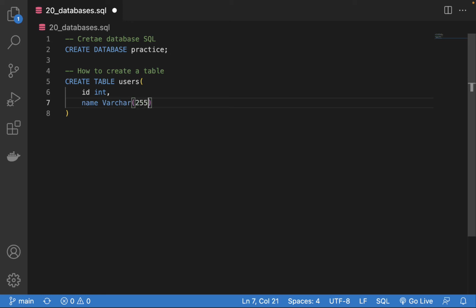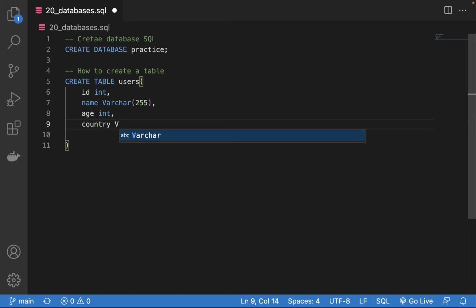I can say 255, then put a comma again, and duplicate. Then put the age, which is also an integer, so int. We create the age, and the next thing is going to be the country. The country is also going to be varchar, and then you pass the